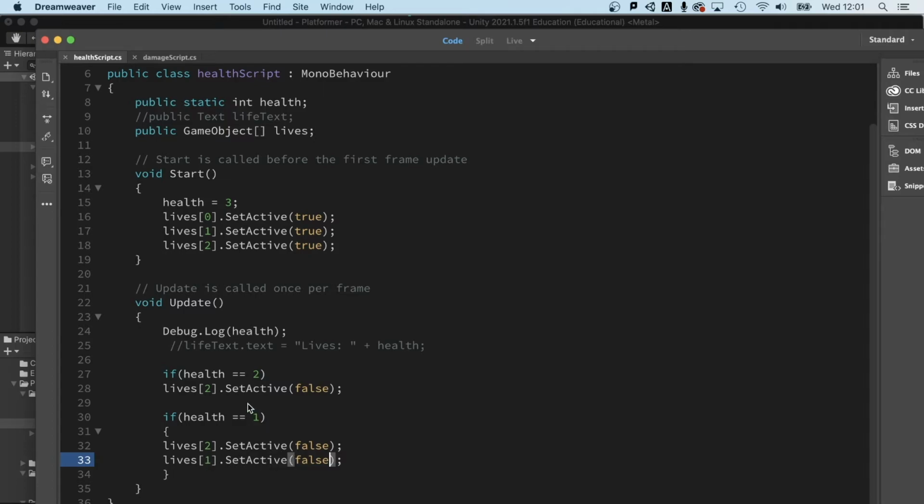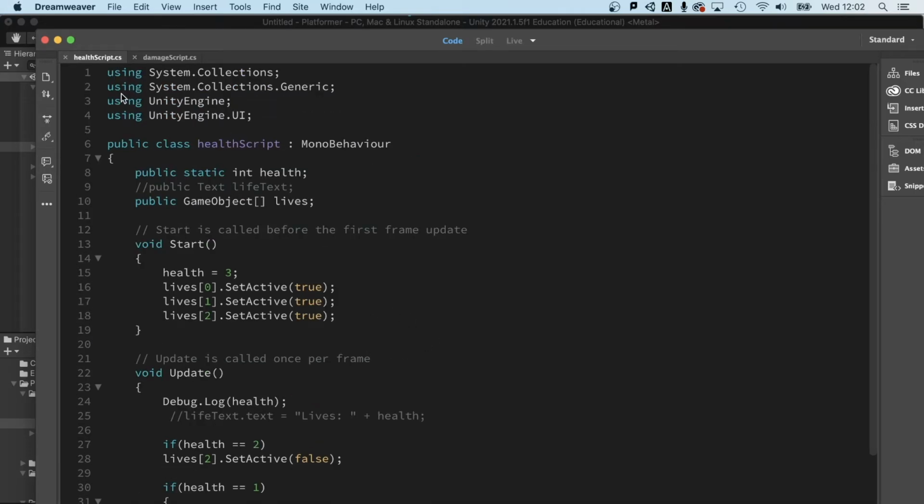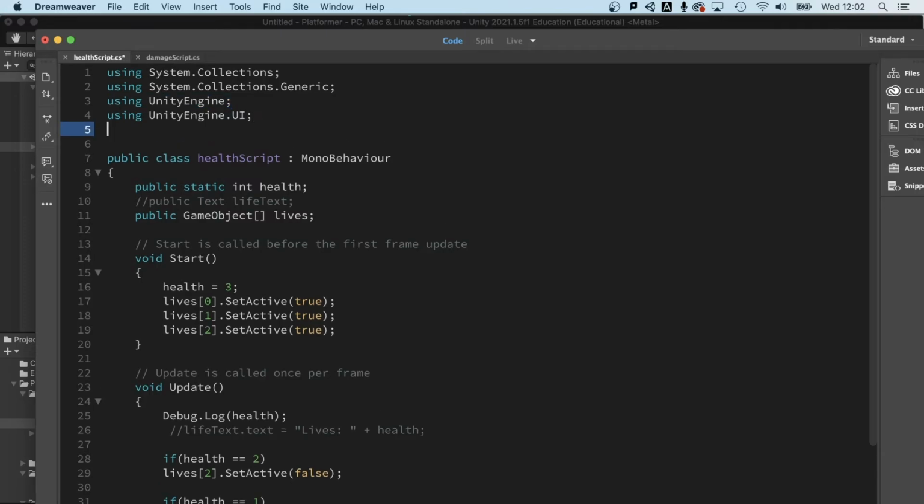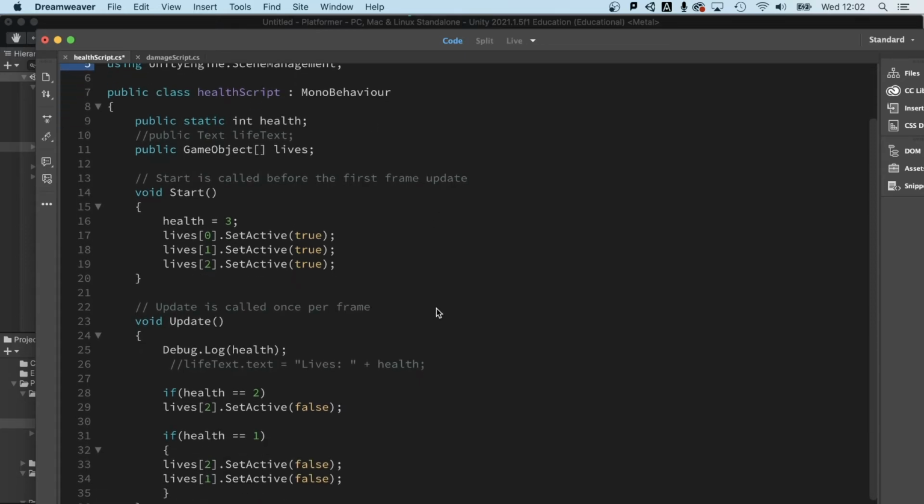Obviously I don't have a 3rd system here for if the health equals 0, because as soon as the health equals 0, we're going to restart the game. And I'm going to show you very quickly how to do that. So we're going to need to add something else to the Unity section up here. We're going to need to copy using UnityEngine, and we're going to need to add .SceneManagement. And then what we're going to say down here